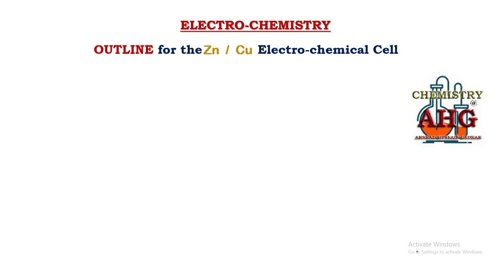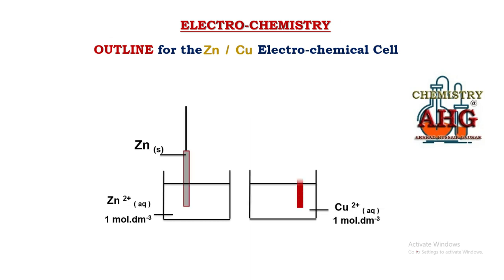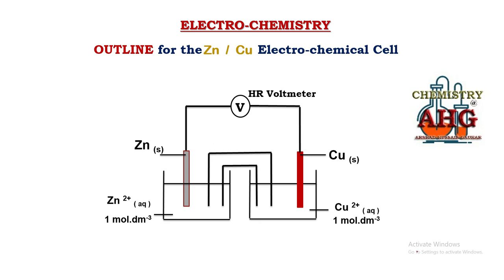Now in this case, you can see both the half cells have already been given in the question. So simply you will have to identify that one half cell must be of zinc and the other half cell must be of copper, and they must be connected to the voltmeter, with internal connection by salt bridge, and you must decide anode and cathode. In this case, there is no need to use the standard hydrogen half cell. So when you are giving an outline, a labelled diagram, on one side you will sketch the zinc half cell, the copper half cell, connect both of them to the high resistance voltmeter, and a salt bridge for internal connection.